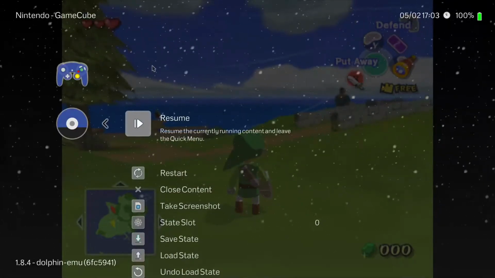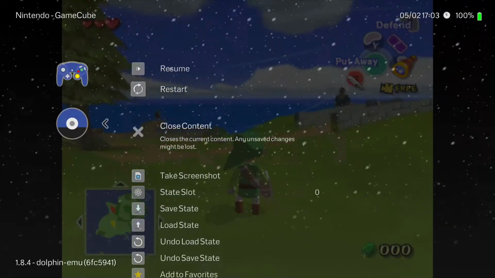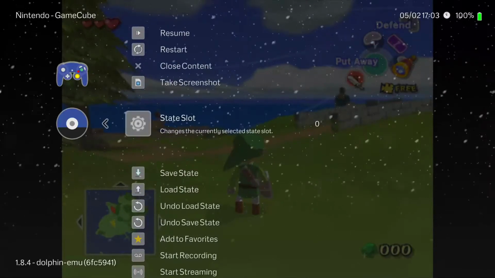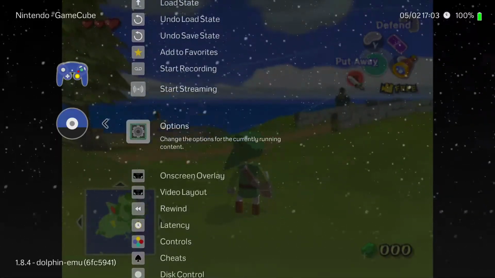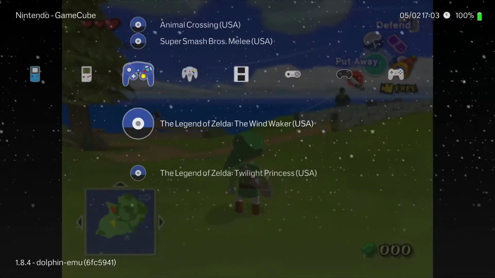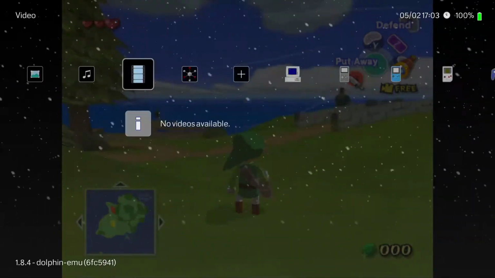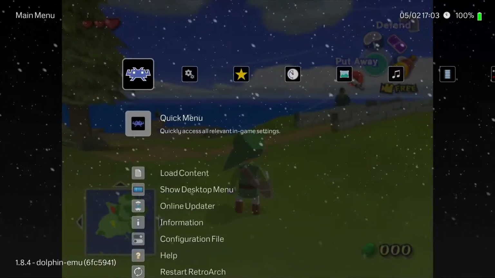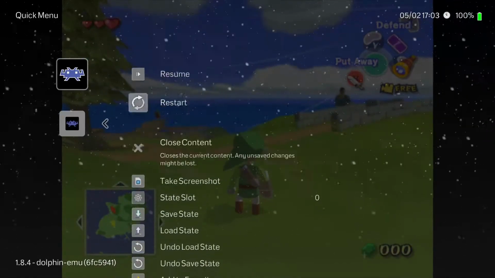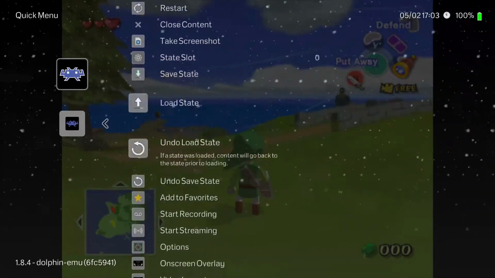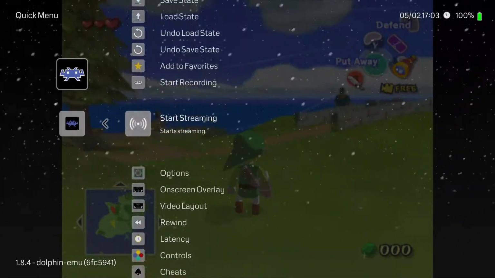So the default key to bring up this menu is F1. And so it'll let you save states and do all that kind of stuff. Okay. So if you accidentally exit out of the quick menu, you can always go back to it, just like I just did right there. Supports